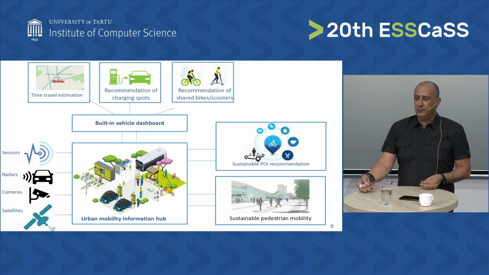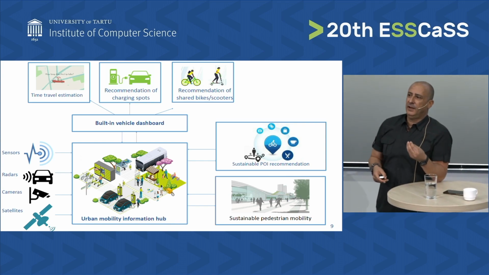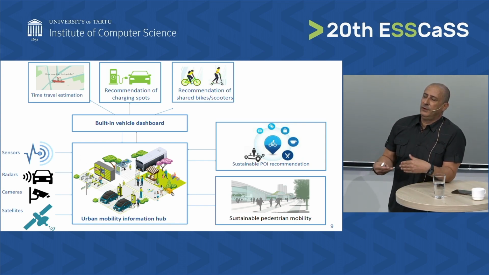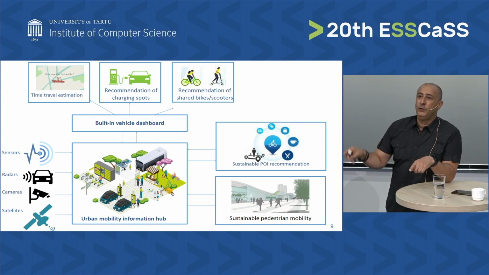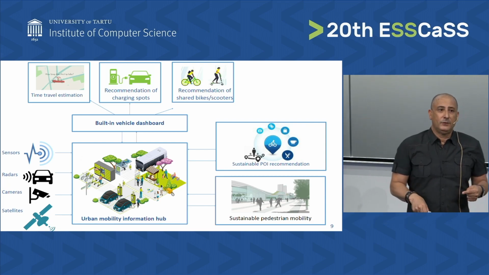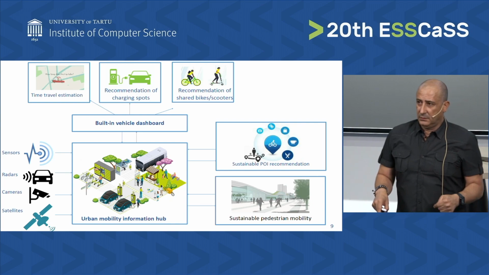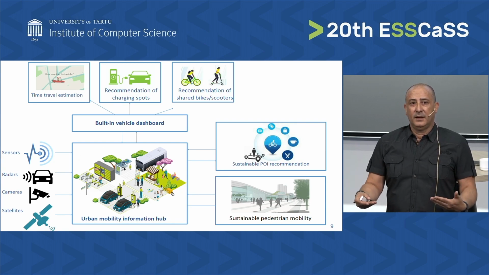What we have done in this recommendation of charging spots is that we are the first group to develop a very nice tool that, if you provide a point A and a point B, which is the destination, would provide you the shortest route. But it takes into consideration your need to charge your electric vehicle. So it is not based on raw data, but it is based on prediction.